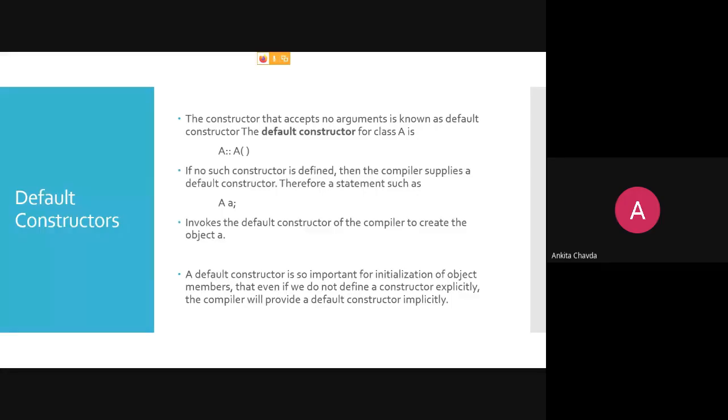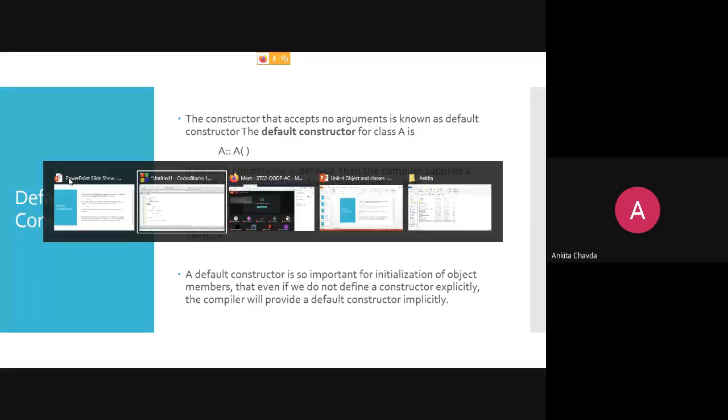This is most important to understand. If no such constructor is defined, then the compiler supplies a default constructor. Therefore, if you have written the statement A a, and you haven't provided any default constructor, then it will invoke the default constructor of the compiler to create the object a.